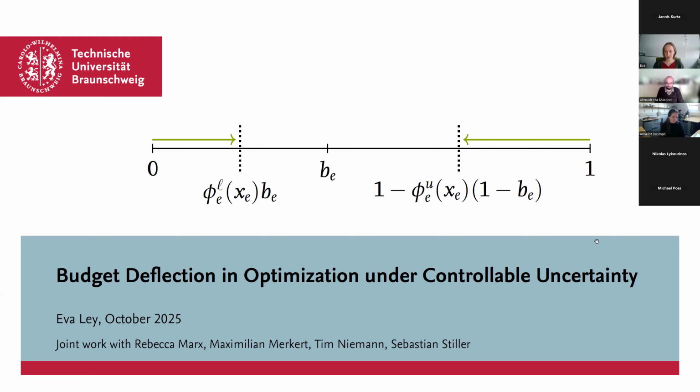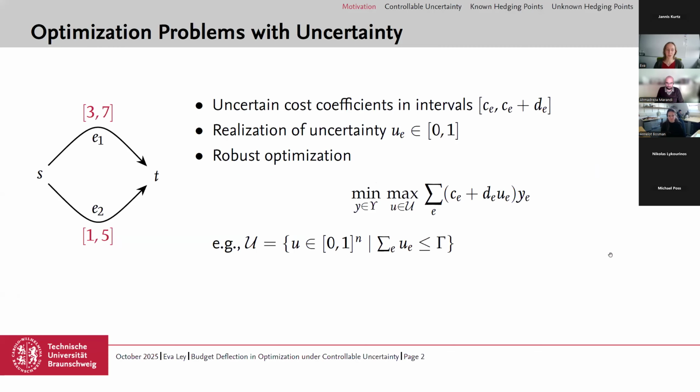So first of all, as a motivation, we have some optimization problems with uncertainty, where in the following I will assume that we only have uncertain costs, and that the cost coefficients lie in some intervals that we know are closed and bounded. Then we can write the realization of an uncertainty as a value in the 0,1 interval. And if we now have, for example, a known uncertainty set like this budgeted uncertainty set here,